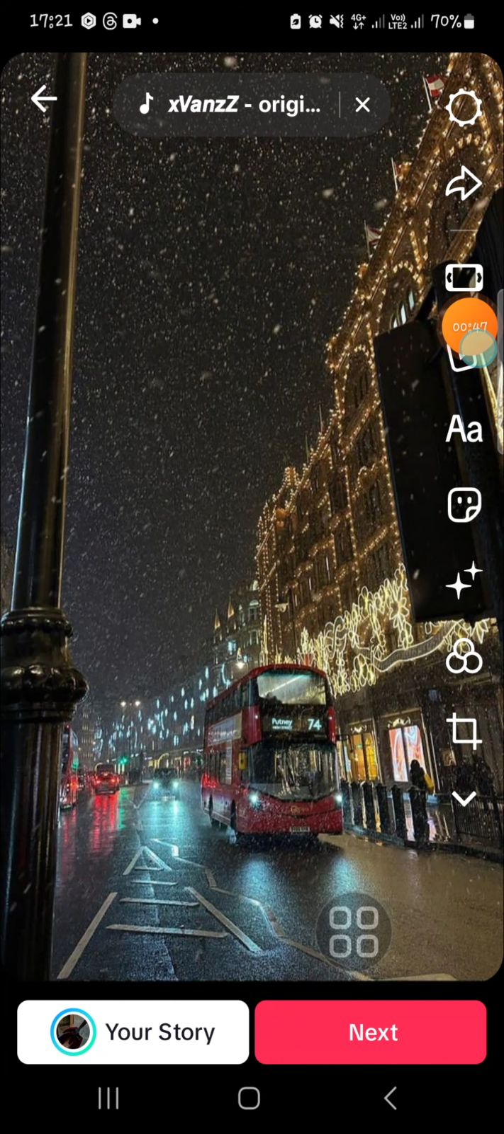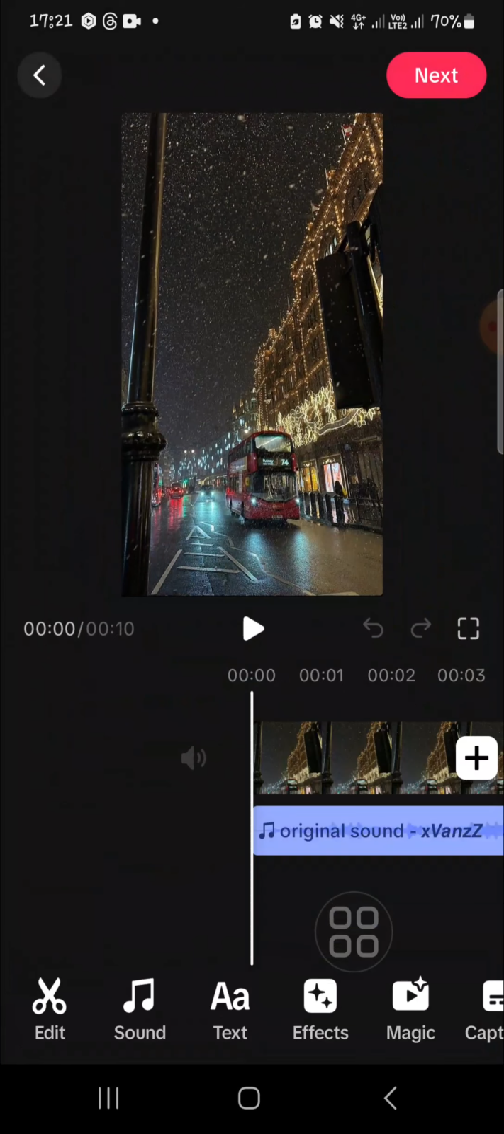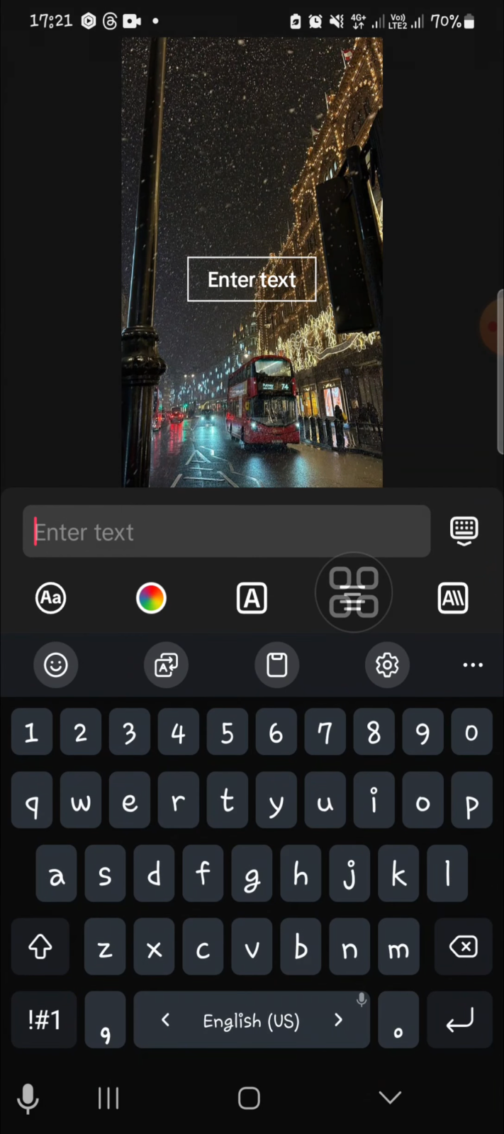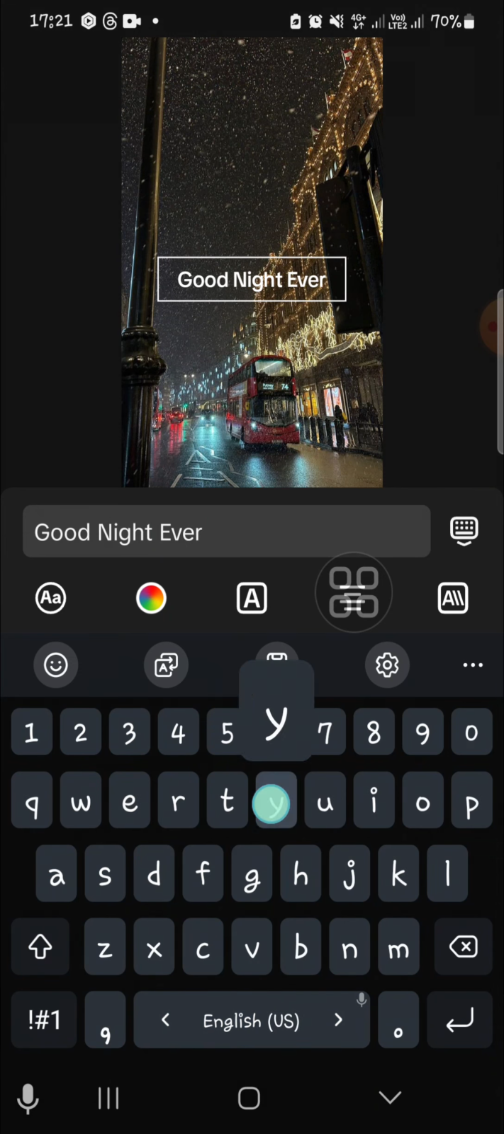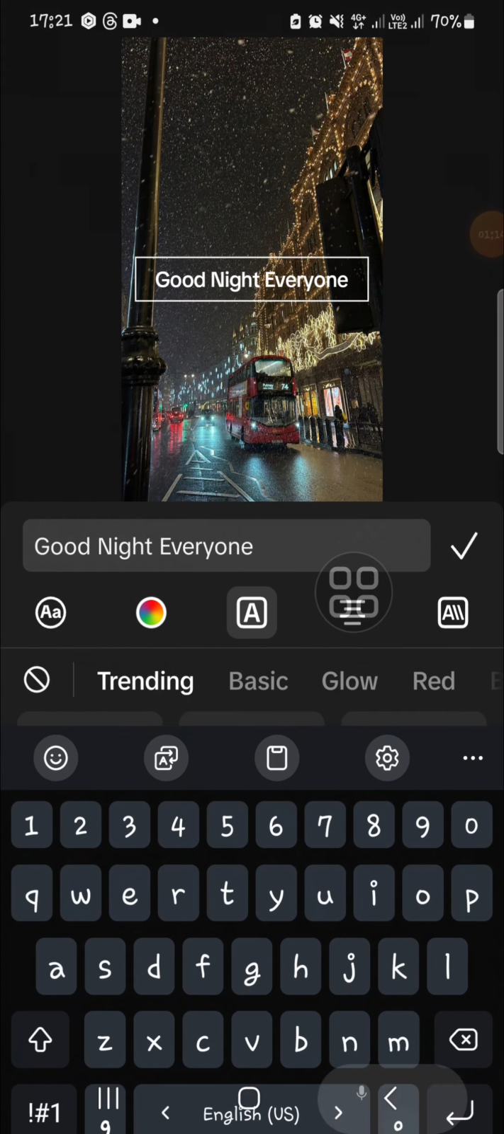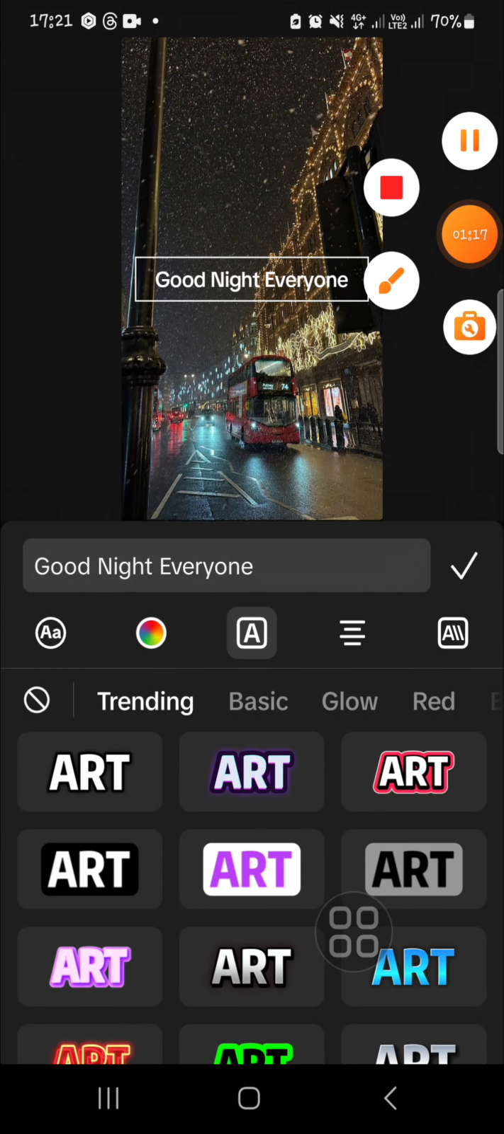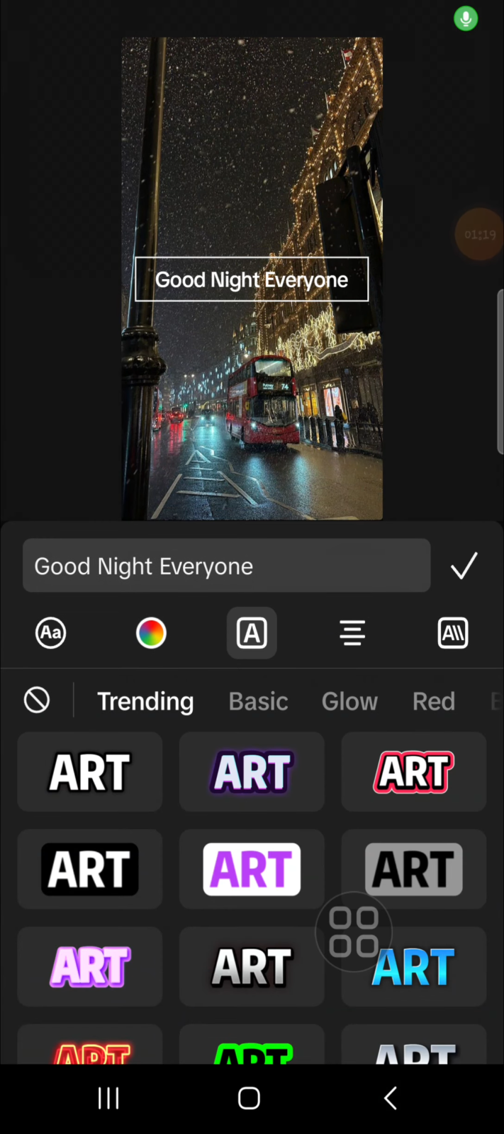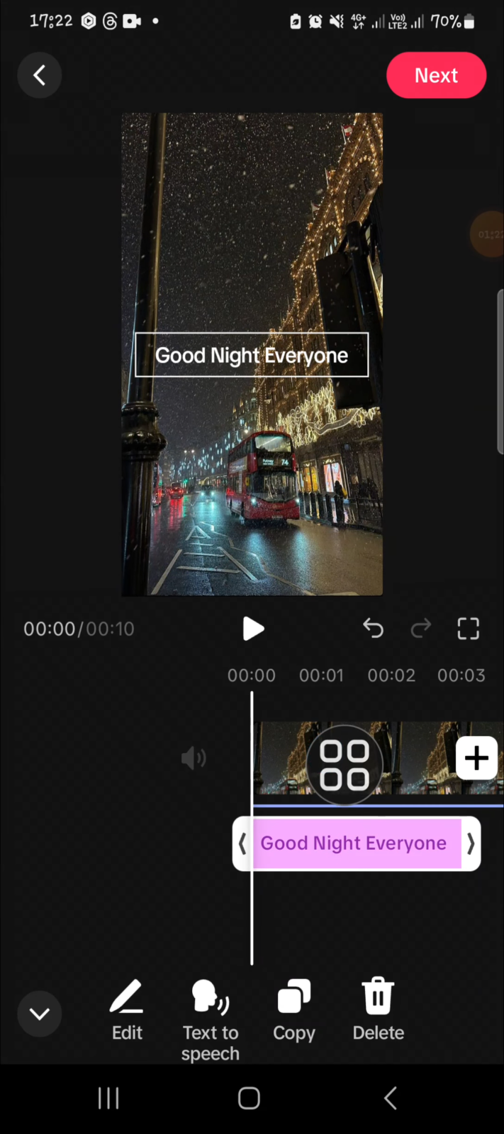And before I show you how we can use the text to speech, I'm going to add text to my post. I'm going to go to the TikTok editing and I'm going to go to the text. And for example, I'm going to add this text. Good night everyone, like this. And then if I want to add text to speech, we just need to click on the text to speech option. You can go back, click on the check mark, and the text to speech will be added